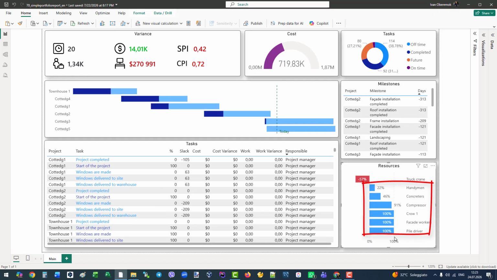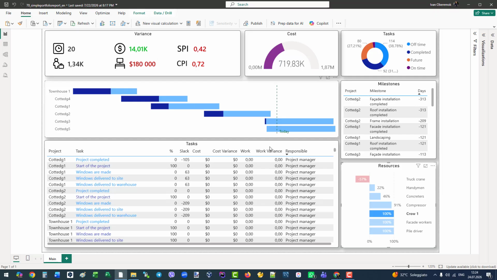Next, let me explain underused resources. If a team or equipment sits idle, you still pay for them, but they produce no value. This costs the company money. The report shows you the exact financial loss from underused resources from this month and next month. For example, Grow 1 is underused and it cost us 180,000. By using this view, you can immediately spot where money is being lost, reassign idle teams to other projects, and